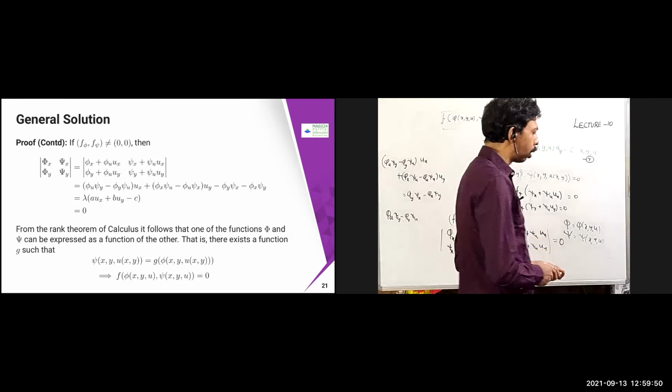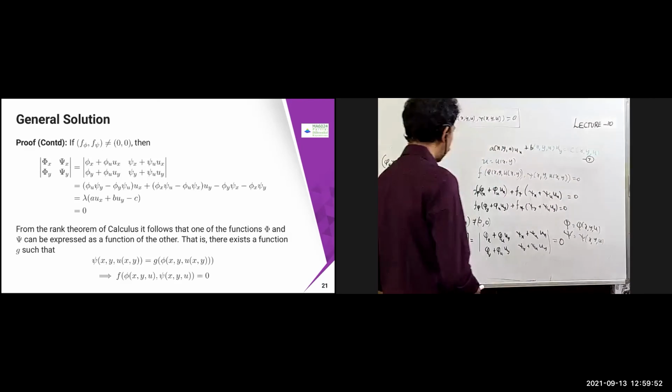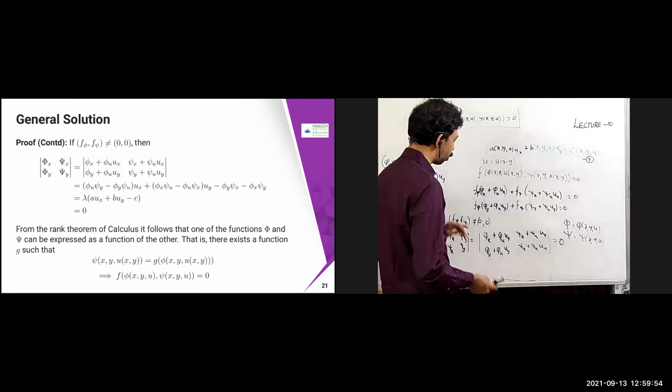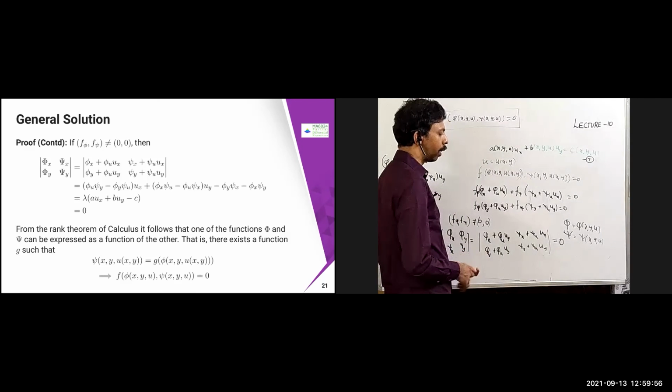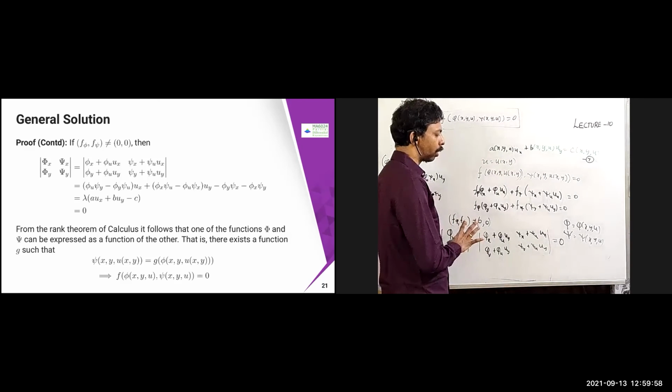So therefore, what you are going to get is that if these two are 0, then from the functional calculus theorem, the rank theorem of calculus, or the rank theorem also, you can look it up. It is going to say that one